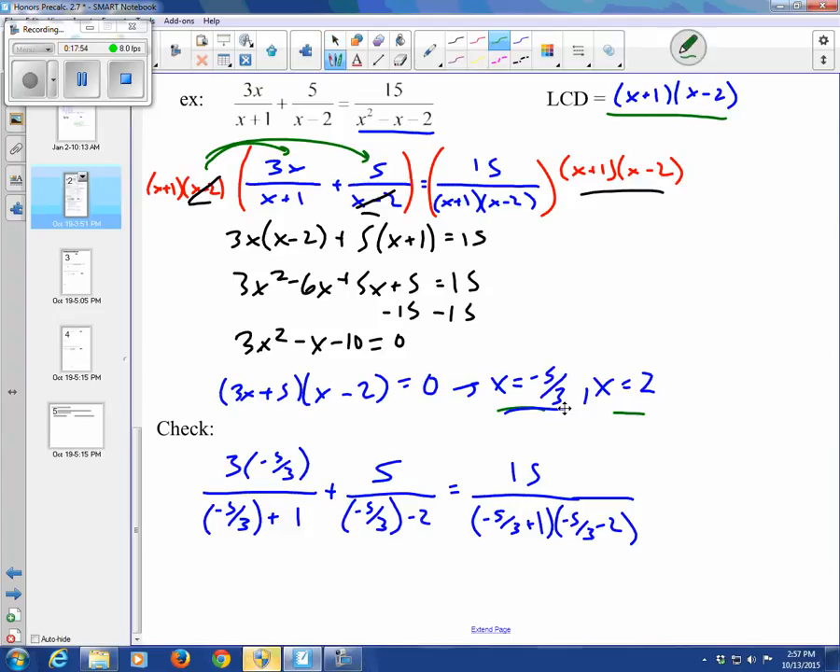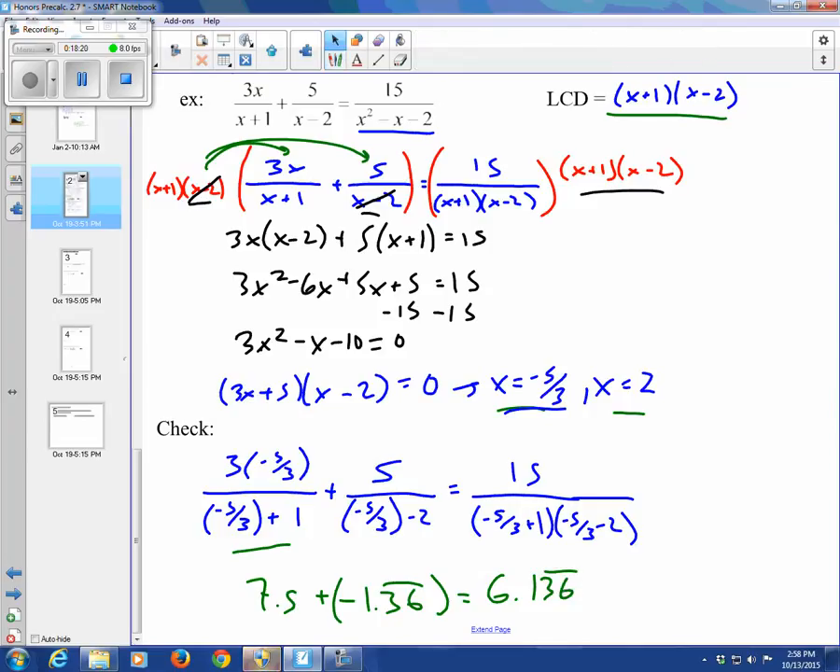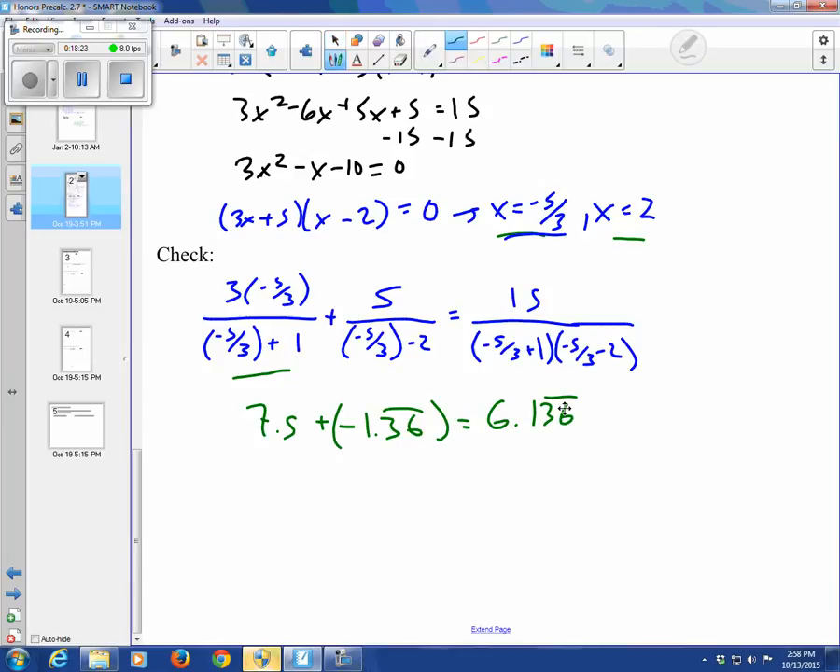So if we evaluate this first guy, we get 7.5, and then plus, and then this next guy is going to be a negative. And then right here we've got 1.36 repeating, and then that's going to equal 6.136, where 36 is repeating. Now right here, this doesn't help us out that much, but one thing we can do is to go back to Math Frac and see if we can get these to look a little nicer, maybe by representing them as